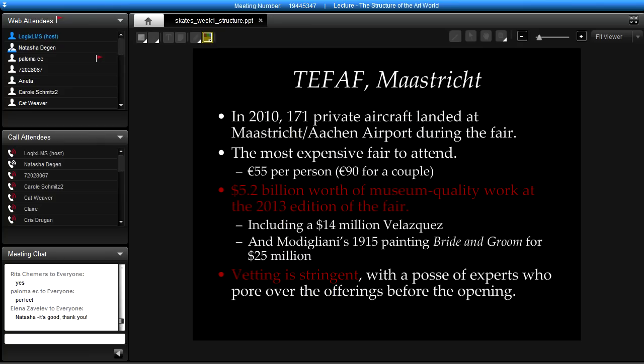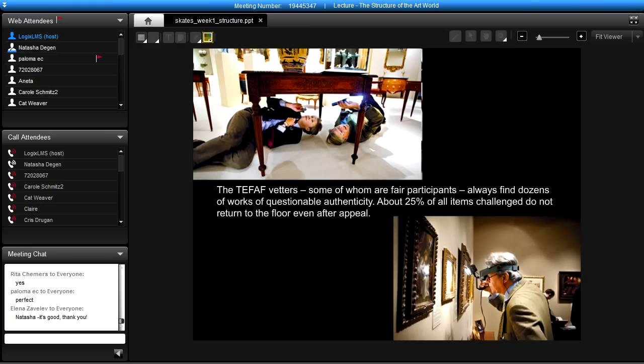In 2010, 171 private aircraft arrived at the local Maastricht airport during the course of the fair, so you get a sense of just how popular it is with a certain class of people, I suppose. It's also the most expensive fair to attend, so about 55 euros per person. And in terms of the value of the art sold, it's also the most expensive, so about $5.2 billion worth